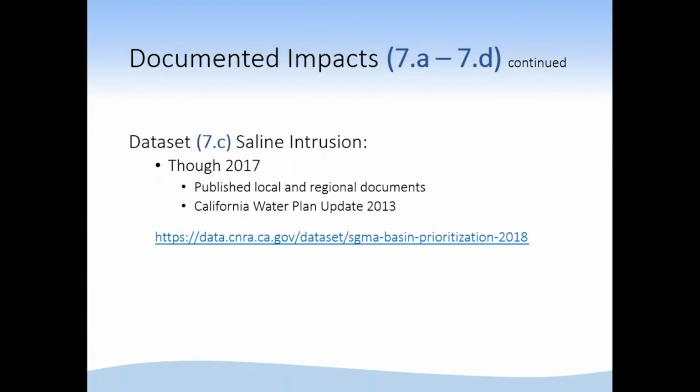We also looked at the California Water Plan and Groundwater Update 2013. Most of the places that were susceptible to saline intrusion were obviously coastal, and then around the Bay. The Bay Area has some interesting areas in it.